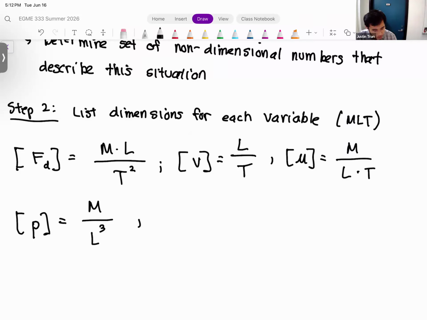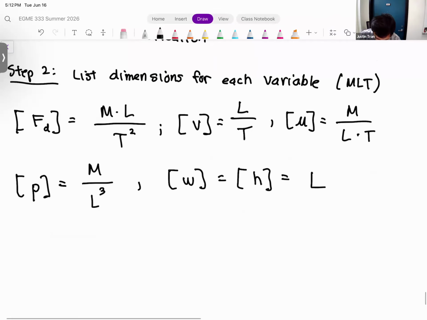And then finally, we have our 2 length dimensions. So we have the width and the height of the sign. Right, so they both have dimensions of length. So the geometric dimensions in this case are pretty straightforward. Okay, so listing out the dimensions is pretty nice, pretty straightforward. Step 3. Remember, this is the part where we use Buckingham pi to determine how many dimensionless groups